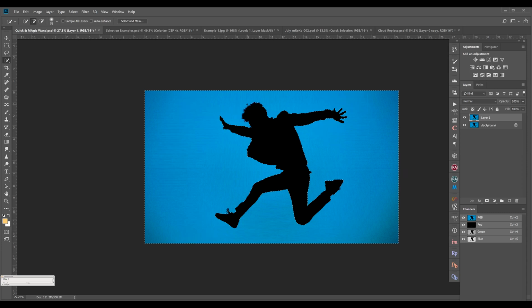If you have to do an adjustment in the sky, you have to see whether selecting the sky or selecting the foreground takes more time. If selecting the sky takes more time, you can select the foreground and just inverse it, and your sky will get selected. Got it. Thank you.